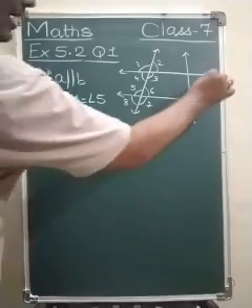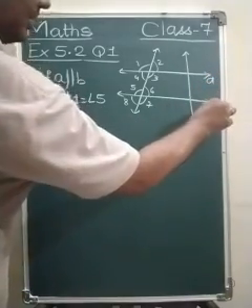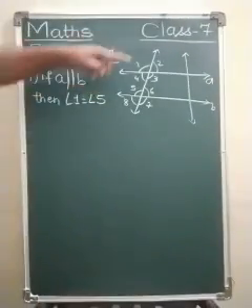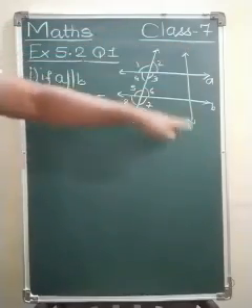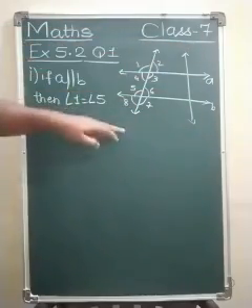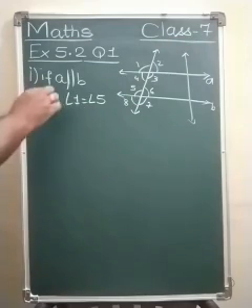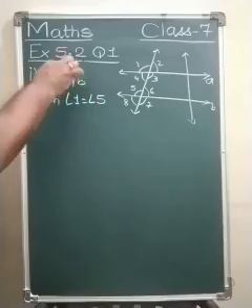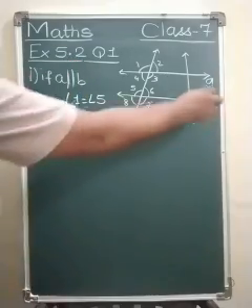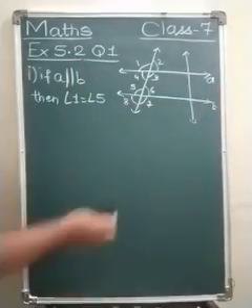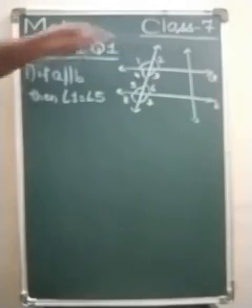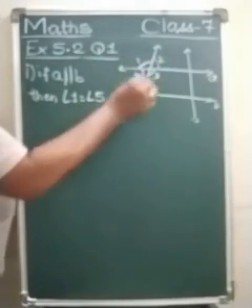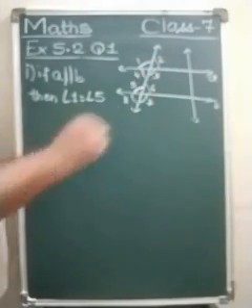So this is line A and this is line B. Okay, and this you can see, this is the transversal. This line is the transversal. Actually these two are transversal, but only this line is considered. If A is parallel to B, this is the symbol of parallel lines. That means A and B are parallel to each other. Then angle 1 equals angle 5. Where is angle 1? You can see here angle 1 is there. You can see here angle 5 is there.